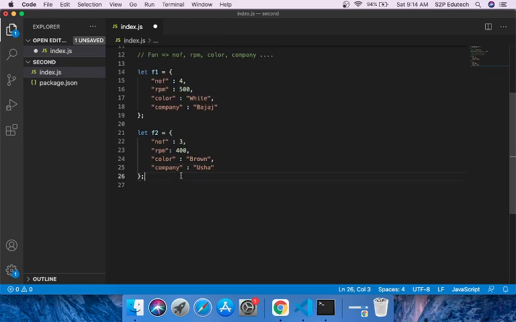Right now, what is the difference between this variable and this variable? The simple difference is that these properties, NOF, RPM, color, company, are the same, but what changes is the values. For the first object f1, or the first fan, it has 4 fins, RPM is 500, white color, and it belongs to Bajaj company. And for the second fan, it has 3 fins, 400 RPM, brown in color, and the company is